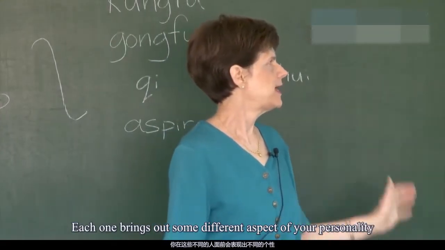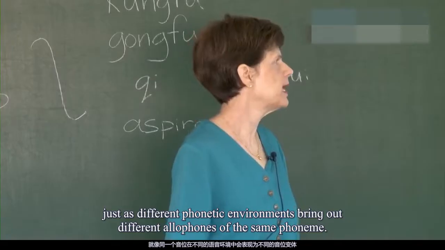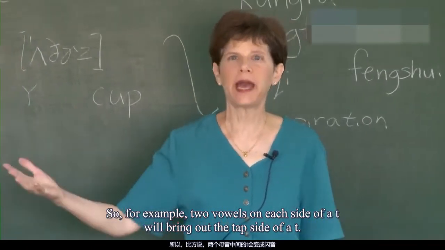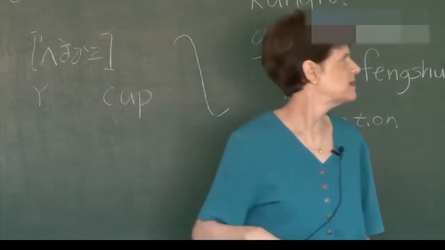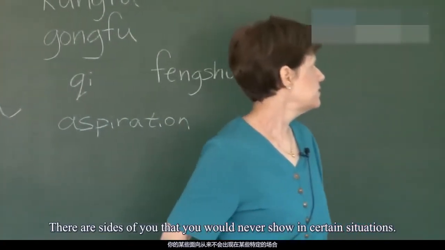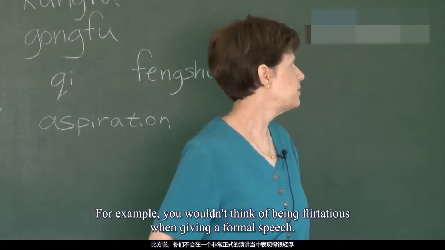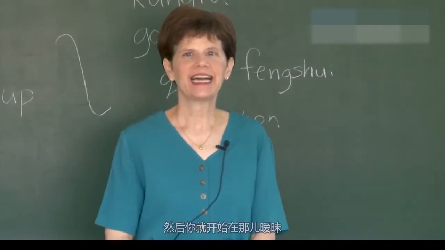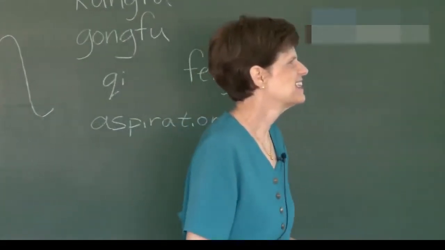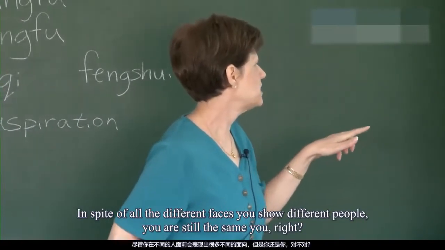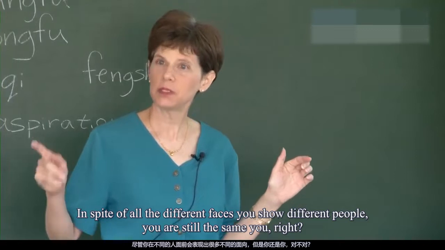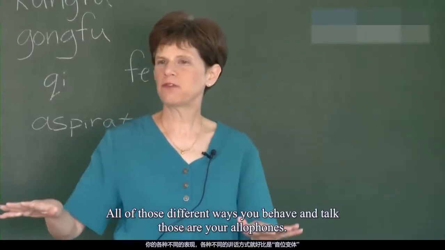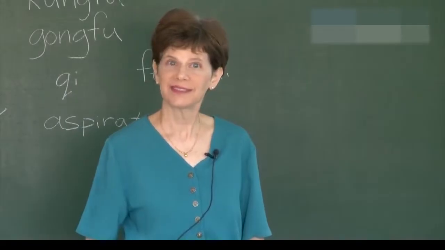Each one brings out some different aspect of your personality, just as different phonetic environments bring out different allophones of the same phoneme. So for example, two vowels on each side of a T will bring out the tap side of a T. 它的个性的那一面。There are sides of you that you would never show in certain situations. For example, you wouldn't think of being flirtatious when giving a formal speech. All right, 什么赵丽莲基金会请你去演讲，然后你就开始在那暧昧。That's really weird and inappropriate. In spite of all the different faces you show different people, you are still the same you, right? So try to carry that idea over into phonemes. You are the phoneme. All of those different ways you behave and talk, those are your allophones. 可以吗？清楚吗？